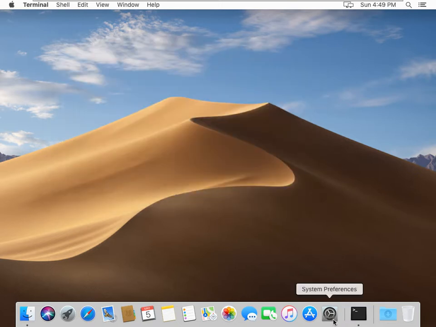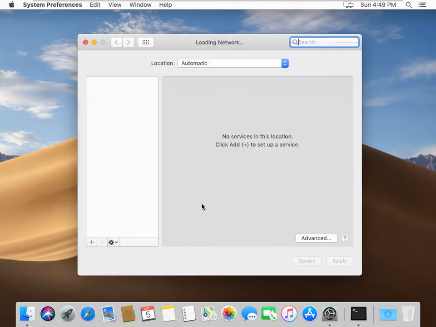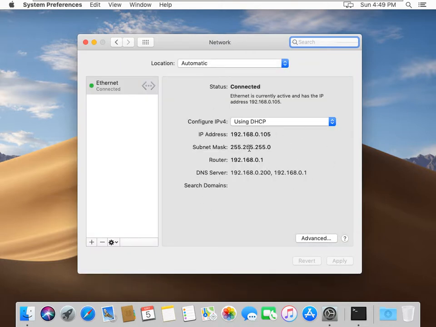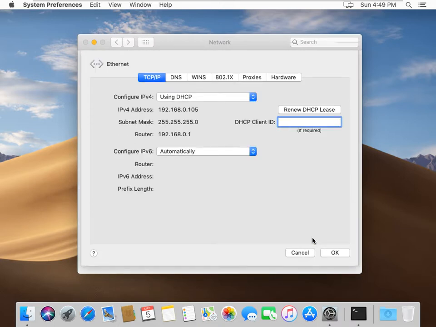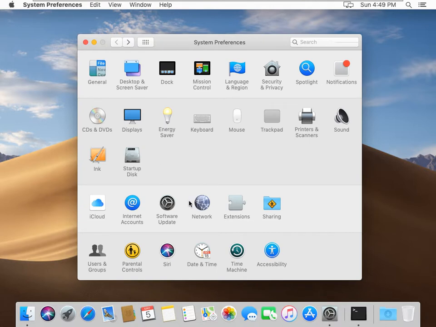This is what we call System Preferences. If you select this option, you can get all kinds of options, similar to the Windows Control Panel. If you want, you can go to Network. Here we can see in GUI mode what IP you have, and you can change it here itself by editing. The IP is already assigned.